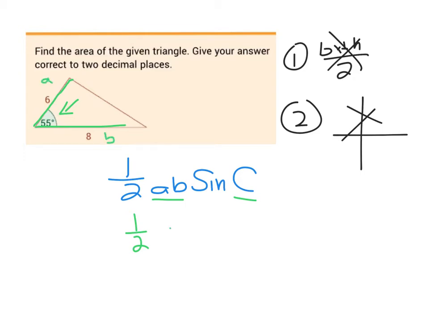Okay, so 6 by 8. Remember, they're stuck together here, so that means multiply. Sine, and again, that's all stuck together, so it's multiplied by the sine of 55 degrees. And all you're going to do there is type that into your calculator. You're going to make sure your calculator is in degree mode, so always that way for trig, and you should get